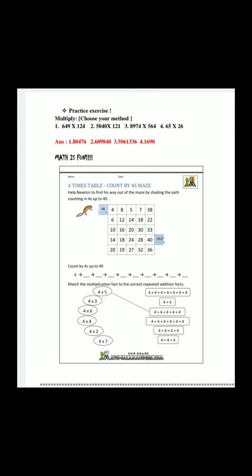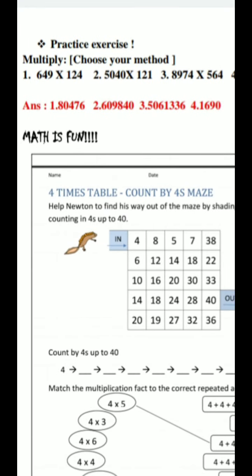I have given you practice sums where I have mentioned here, choose your method. As you all know, now we have understood the three methods: our conventional method of multiplication, the box method, and the partial product method. As I have already told, you can do the multiplication by n number of ways.